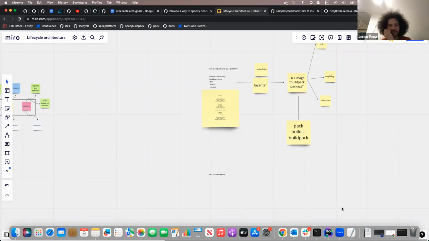I have a question. If you do buildpack package, and let's say you allow multiple platforms, and for each platform you're specifying a directory that's been compiled for that platform, wouldn't it be possible to have that one command do the manifest stuff for you all at once? Wouldn't it be a cleaner experience to say, I want a buildpack, and I don't have to run another command later to create my image? I want it to be usable right when I run this command.